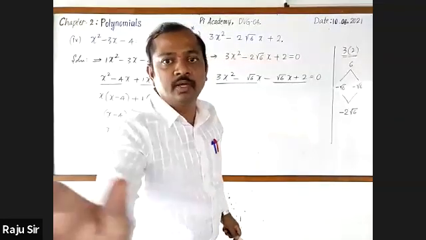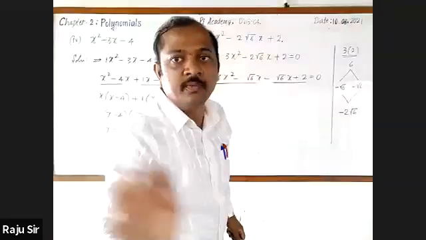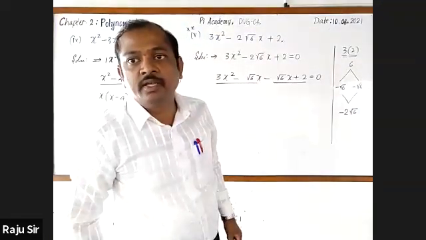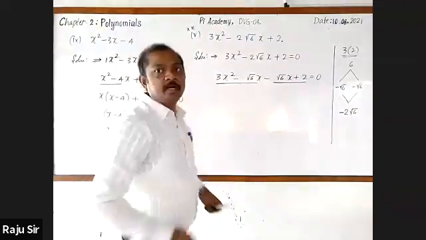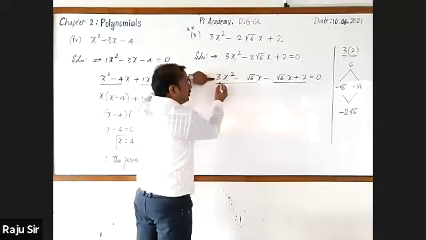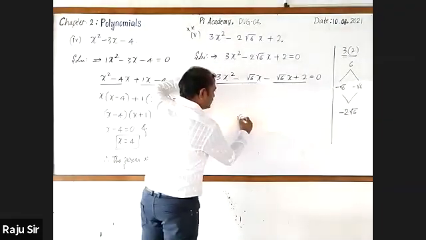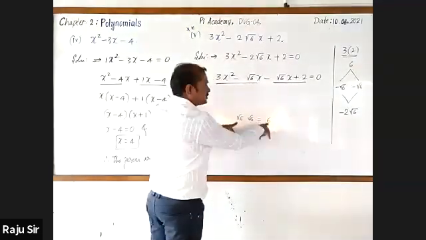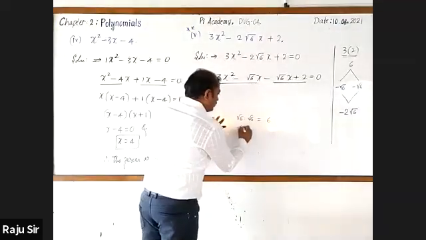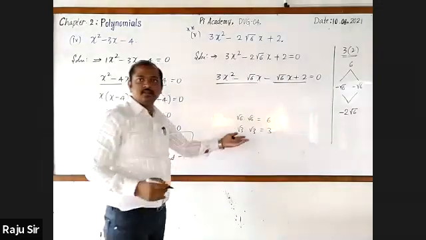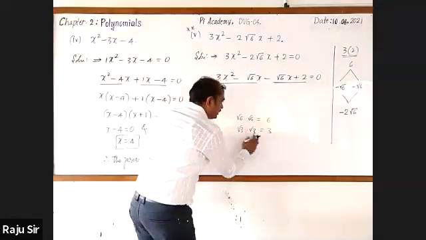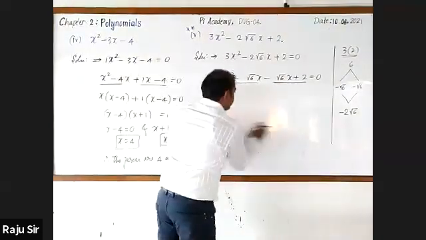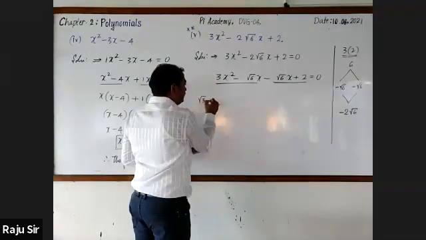Look here. Observe. Here, we know that root 6 into root 6 is just 6, because it will be root 6 whole square, it is 6. Then root 3 into root 3, it is 3. The reason is root 3 into root 3 is root 3 whole square. Square and root get cancelled. It is 3. I write 3 as root 3 into root 3.